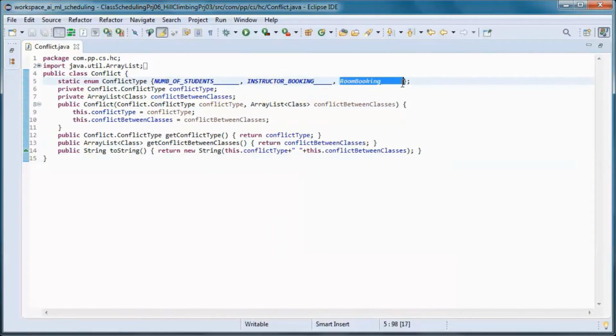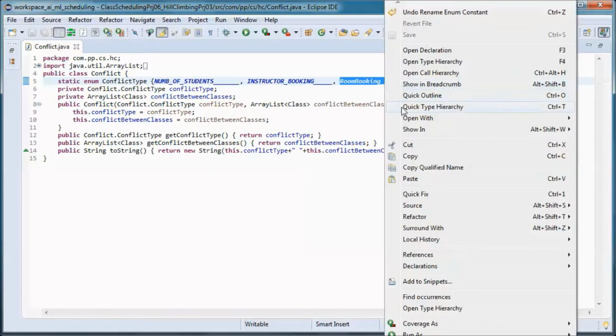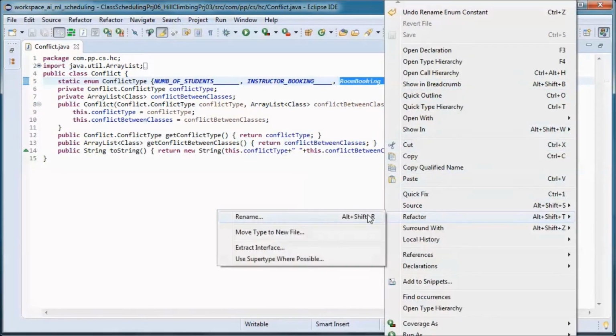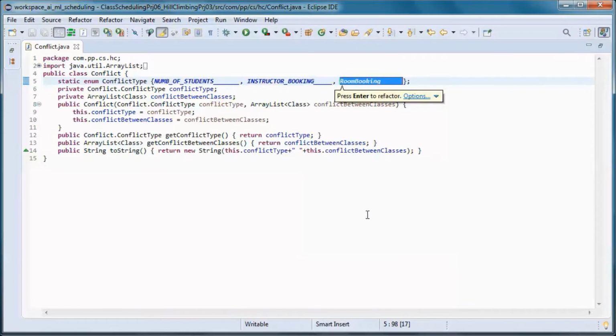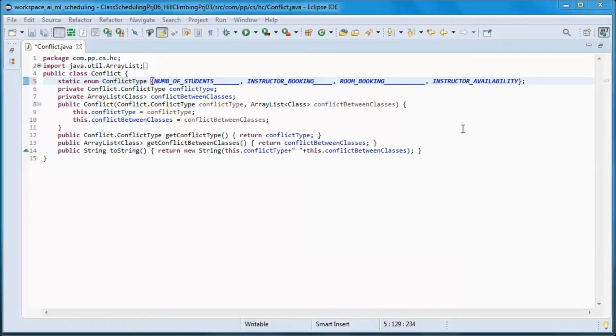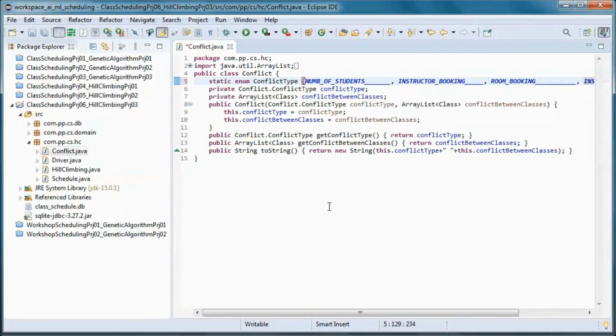And this one. And we'll add, which represent instructor availability, scheduling conflicts.